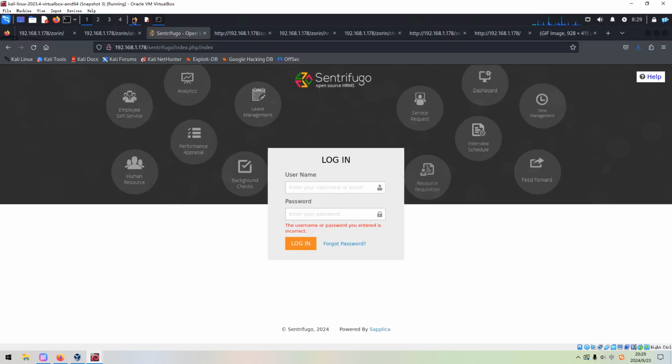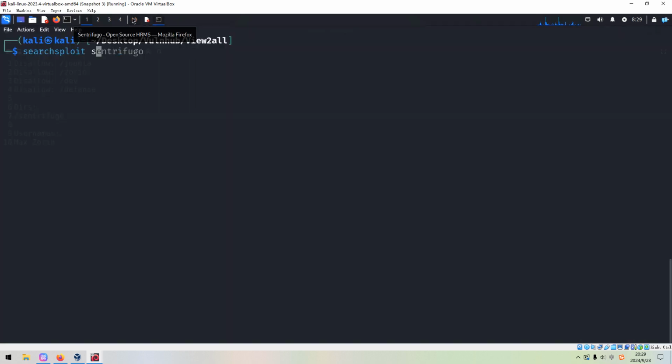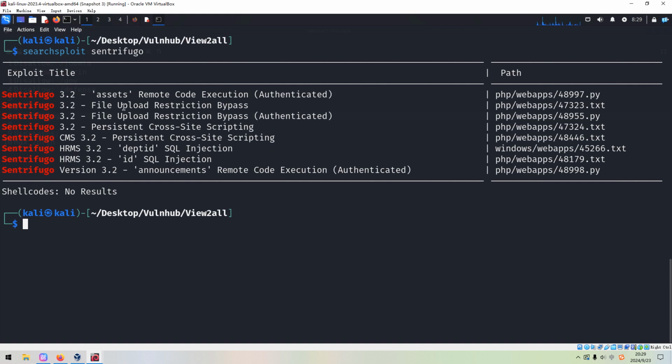So we can use the utility such as Sprite and centrifugal, and it does have file upload restriction bypass, authenticated.